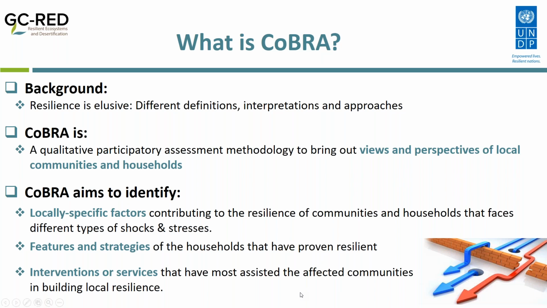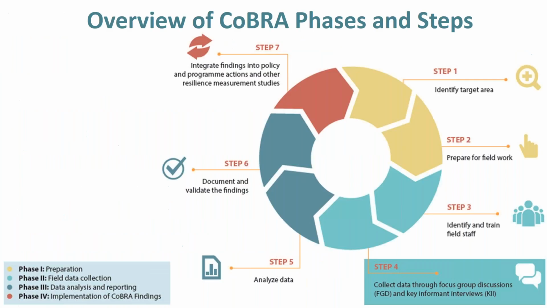So this slide shows the general phases and steps taken to implement CoBRA. Just like other assessment methodologies, the process starts with a preparatory phase, which is followed by the actual field data collection. Then the gathered data will be aggregated and disaggregated and then analyzed thoroughly. And then the final phase is to disseminate the validated results and integrate them into policy and program processes at